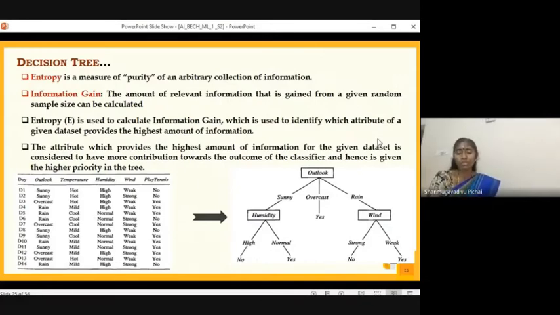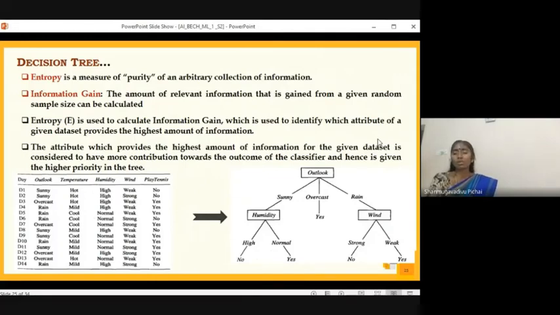If you look into the content of the table that I have shown here, we have a collection of days. For each and every day, what was the recording with respect to the outlook, temperature, humidity, and wind? And here the decision is whether a person can decide to play tennis or not. So here the output is going to be yes or no. So what are the attributes that will decide this yes or no? Out of the calculations on entropy and information gain, they have chosen 3 attributes: outlook, humidity, as well as wind.